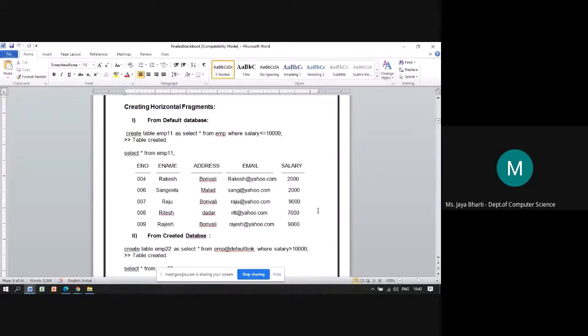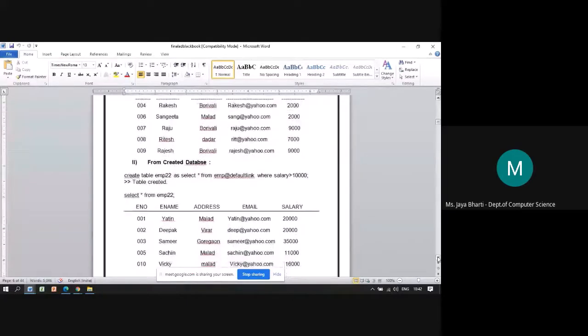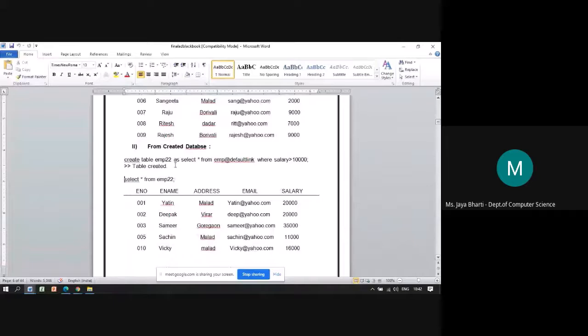Now the same thing on the created database. So create table EMP22 as select star from EMP@default link. We are creating the table on the default link on the created database where salary is greater than 10,000. Now in this EMP22, the salary should be greater than 10,000, so all those employee details will come under this fragment.